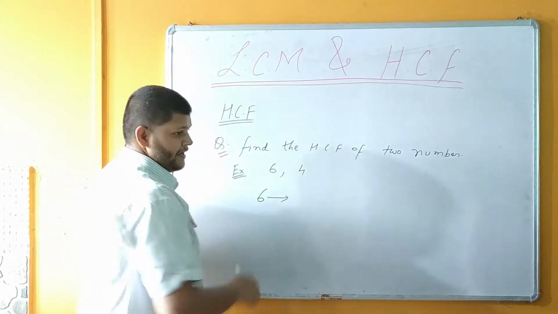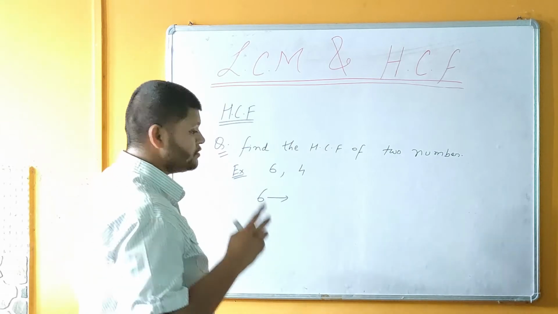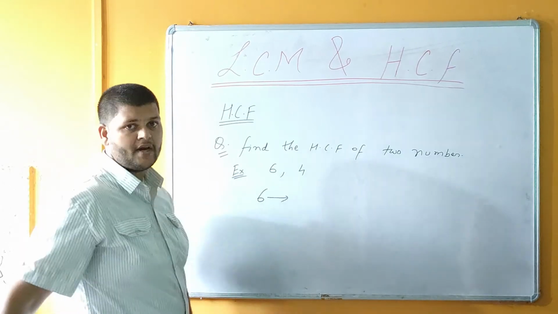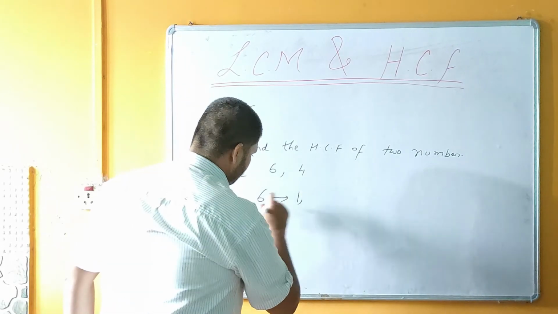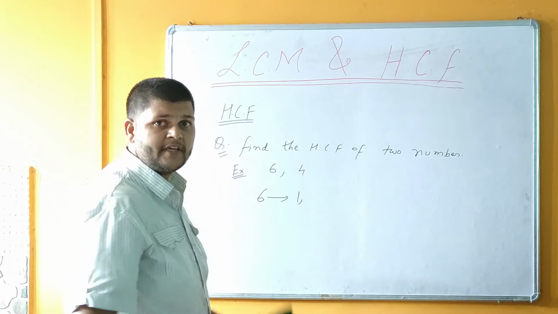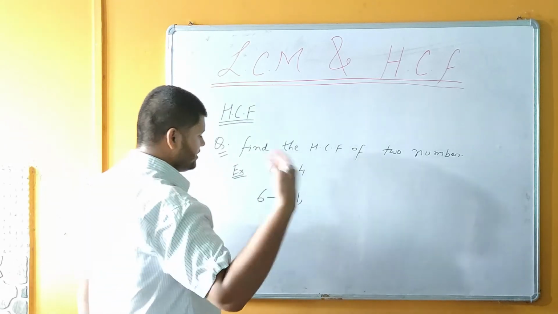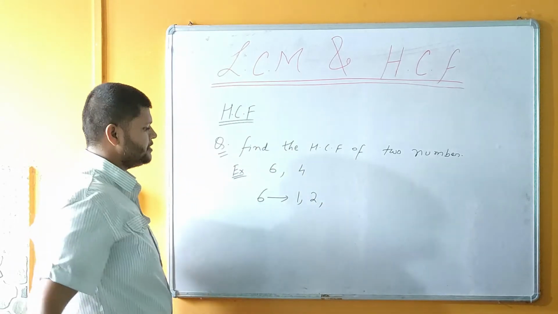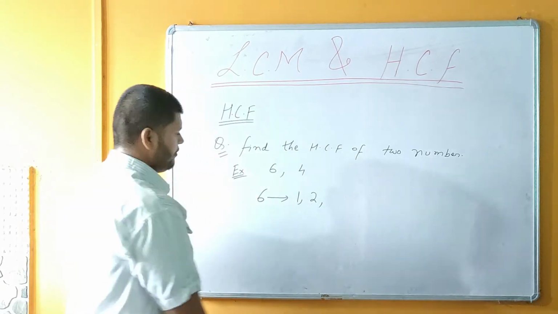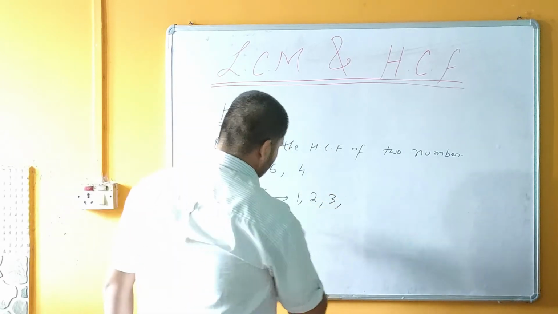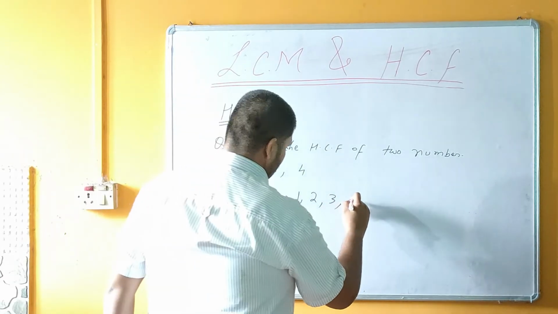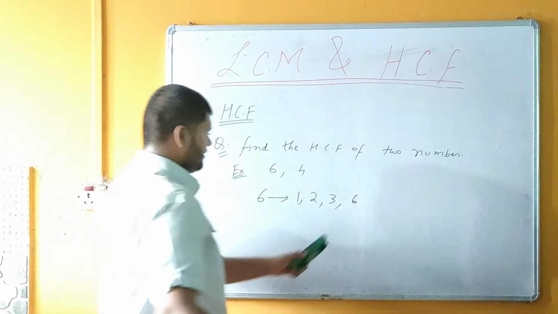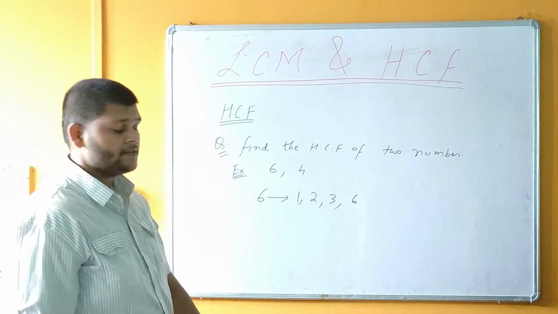We know that every given number has two factors, which are already known, that is 1 and the number itself. So 1 will be the factor for 6, and 6 will also be the factor for this 6. I will write it later on. Now we will see 2. Yes, this 2 is also a factor of 6 because 3 times this 6 will occur. 3 is also a factor of 6. Then you can have 6. This 6 is also a factor of 6.